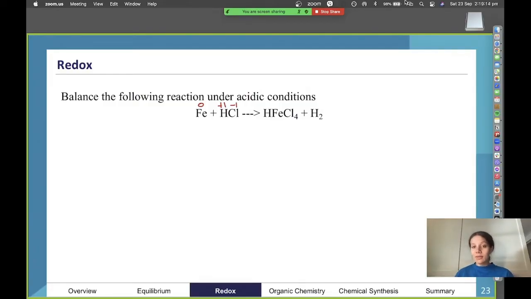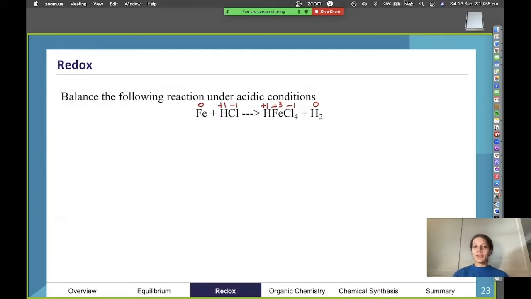And then for our products, we're going to start off with our H. We can assign that again +1 because it's not a peroxide. And then Cl4, we can make that a -1 from where it lies on the periodic table. And then iron, because it's a transition metal, we'll leave that one last. So we've got a +1 and then basically a -4 because we have 4 chlorines. So then we're going to get it up to neutral. That means we're going to make iron +3. And then H2 is sitting by itself. It's just going to be a 0 because we don't have a charge and we just have hydrogen there.